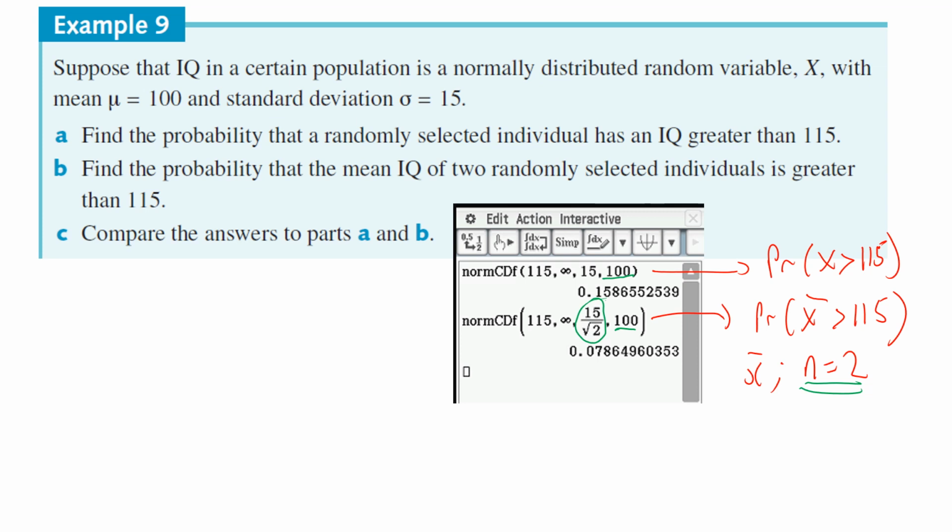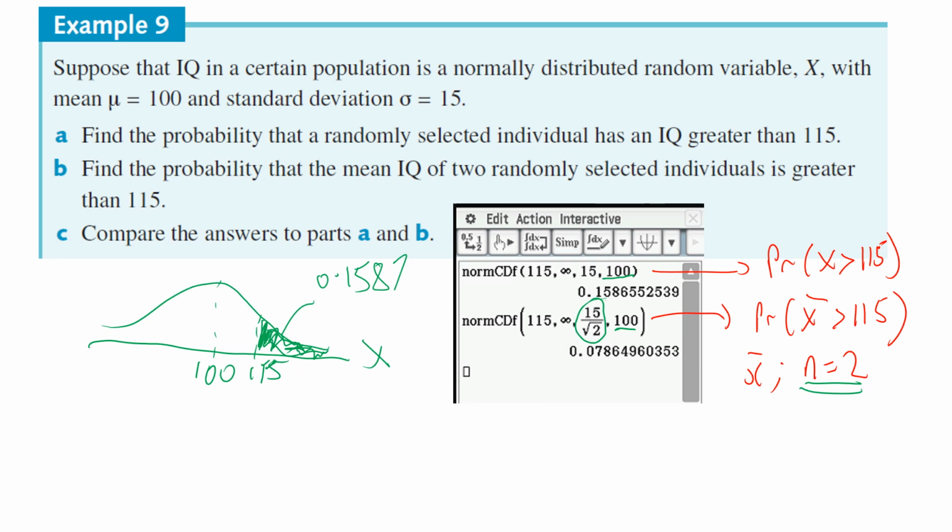So in fact, it turns out to be only 7.86%. So just to highlight, here's our mean. There's 100. We know 115 lies here. So in the first instance, we worked out the area under the curve x greater than 115. And that's what it turned out to be. It turned out to be roughly 0.1587, we'll say, approximately. But let's now use the sampling distribution x bar, okay, where we're taking two members for